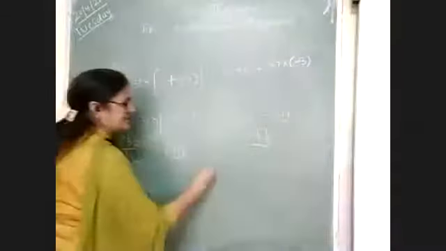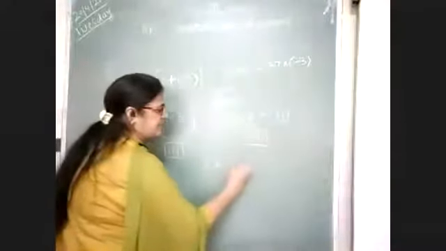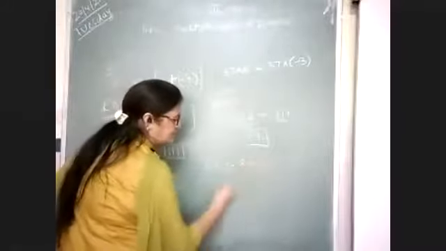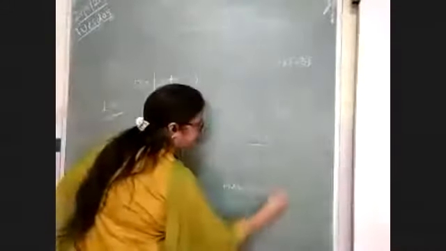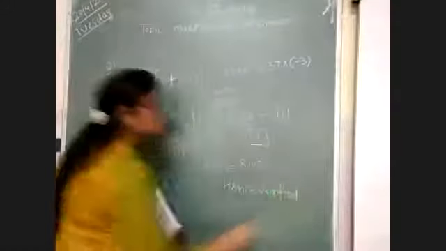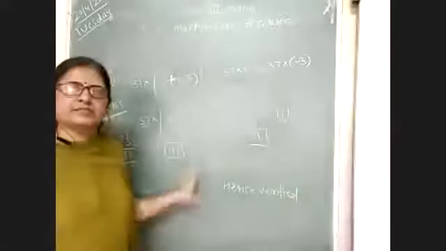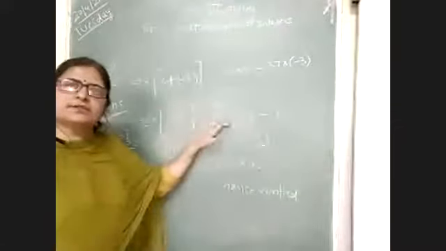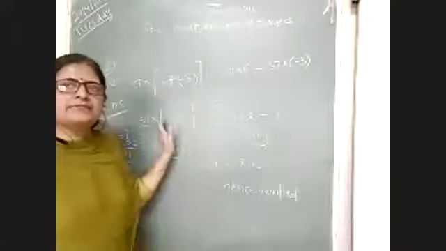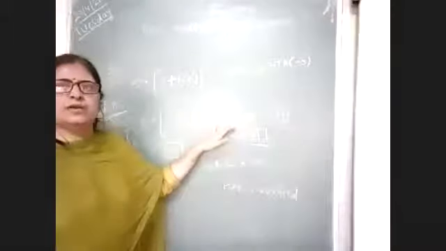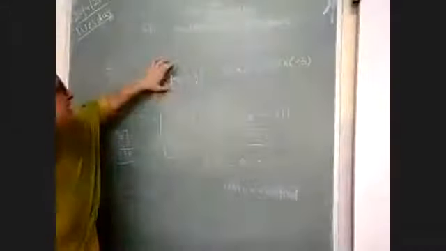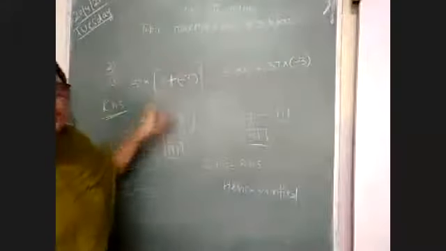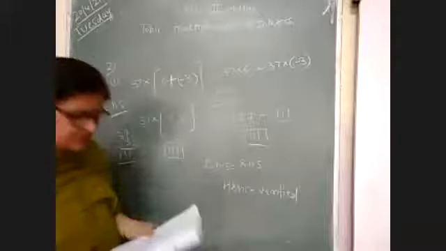So this is our left hand side and this is the right hand side. Left hand side is equal to right hand side. Then your question is verified. Okay. In this question, you have to do the verification. Is your left hand side equal to the right hand side? So our left hand side is equal to the right hand side. So first you have to put the sign here, positive. In the book, your positive sign is given.